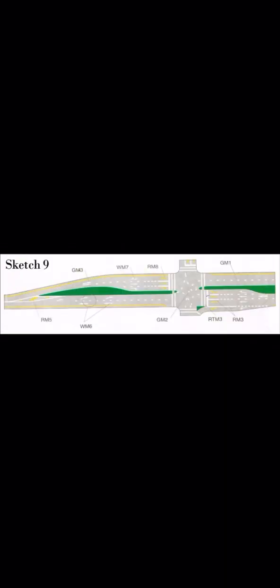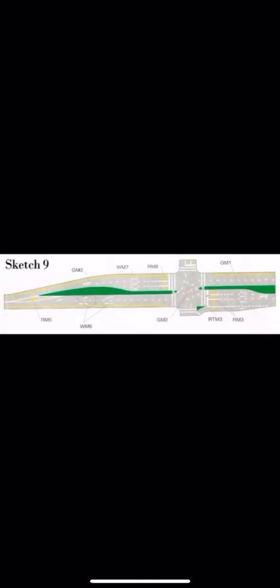RTM1, that's your stopping line, and RTM3, those are your pedestrian crossing lines. Sketch number 9, GM1, the top right-hand sign GM1, that is called a lane line. They also say it divides the road into 2 sections. No, the broken line shows you a lane line. The island divides the road into 2 sections. So GM1, your answer, is a lane line.